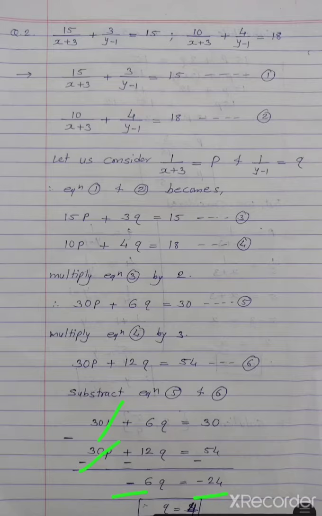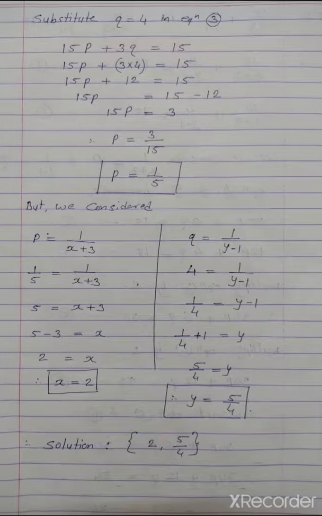When this minus 6 goes to the other hand side, we get the value of q is equal to plus 4. Now substitute this q in the easiest equation. You can select any of these 4 equations. Out of these 4 equations, I think equation number 3 is the easier one. So I am substituting q is equal to 4 in equation number 3. So this is equation number 3. Here is the substitution. This is the multiplication.